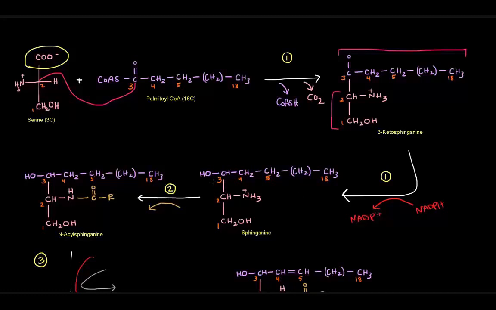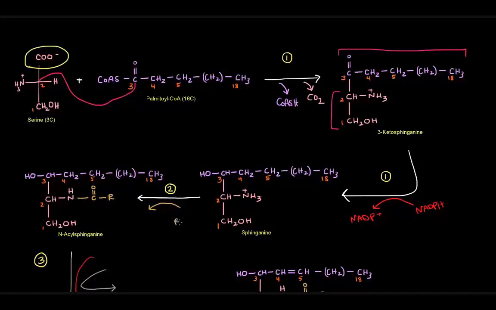So now we have the alcohol, and we've made sphingonine. So step 1, forming the sphingonine backbone, is complete. The next thing we need to do is add the acyl group via the amide linkage. So that's what happened here at carbon number 2 of the backbone. We connected an acyl group to that nitrogen there. So we go from an amino group to an amide, and we need to have